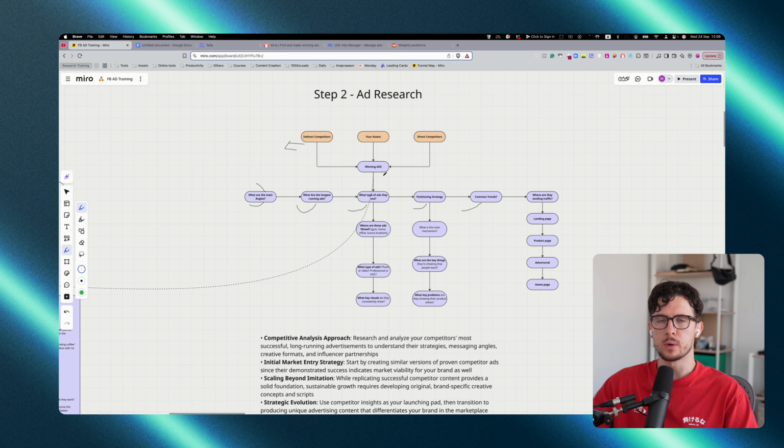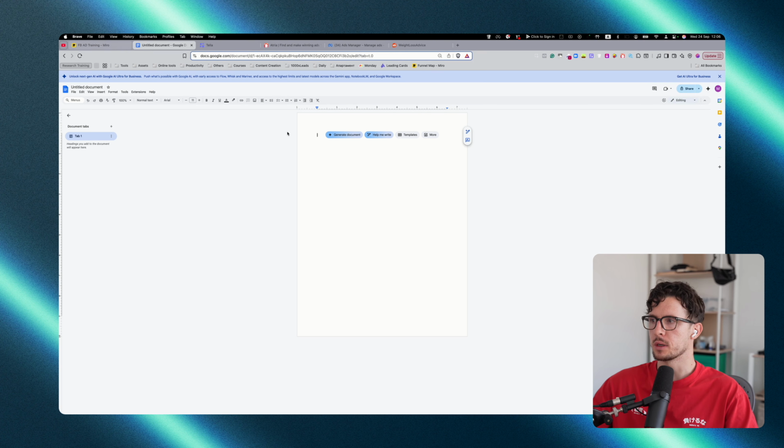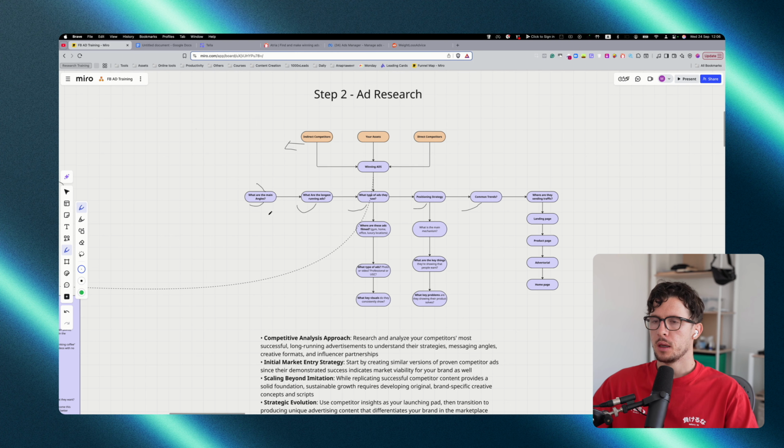And then it is your own assets. So you probably have been running ads for some time now, and you should have a clear idea what are your winning ads, what are your winning angles, and what are your winning hooks. So once we start doing that, the exercise is pretty much the same as the first part. We want to collect everything in a document, and we want to look at the angles, the ads, what they're